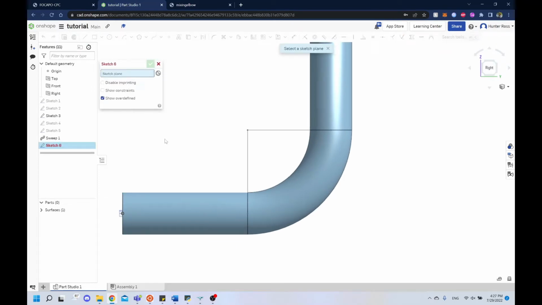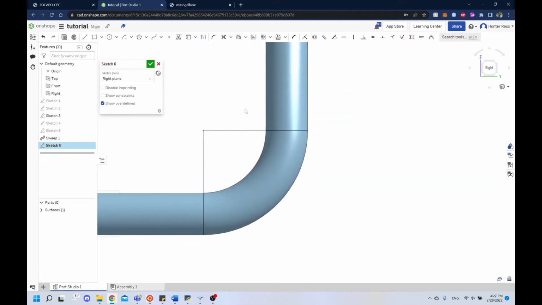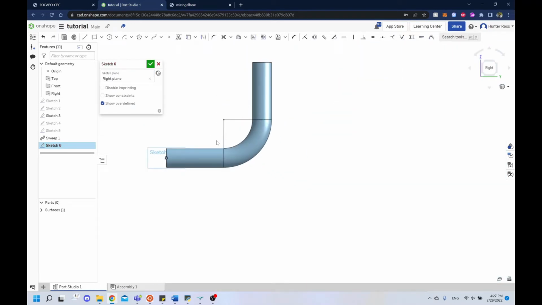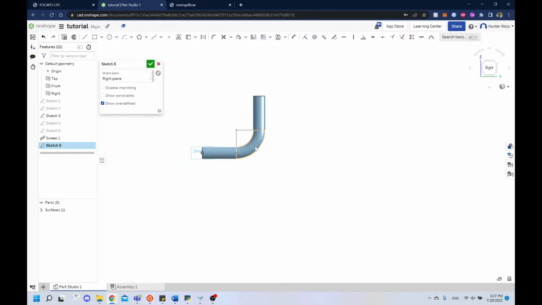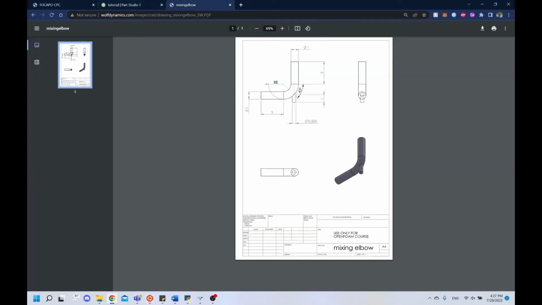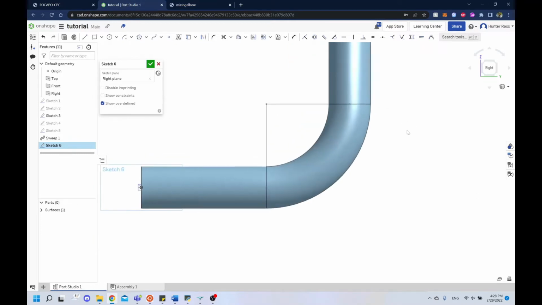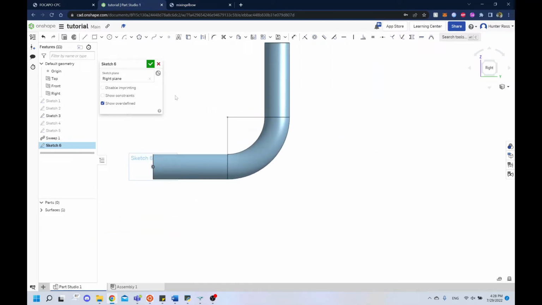Let's see. We're going to want to do the right plane, of course, in the same plane along with the rest of our skeleton. And we know that the section of pipe here is 1 meter long. Okay. And it's starting what looks like to be exactly the end at 45 degrees from this curve here. So we can